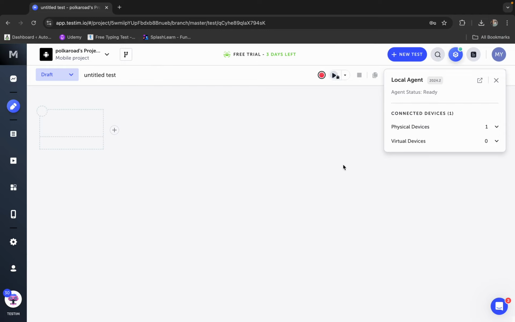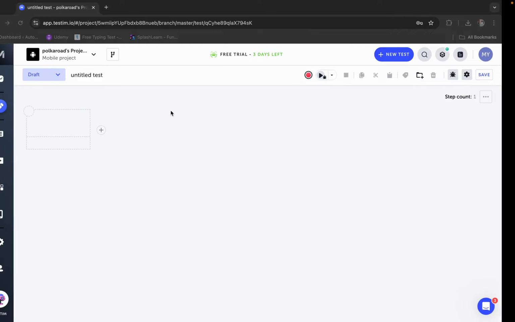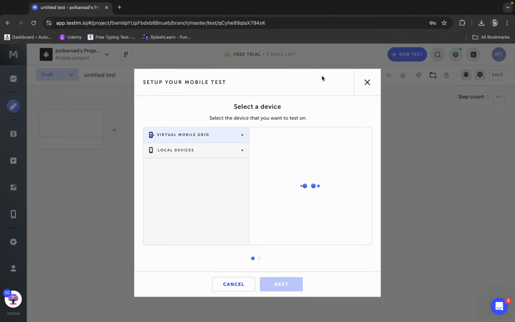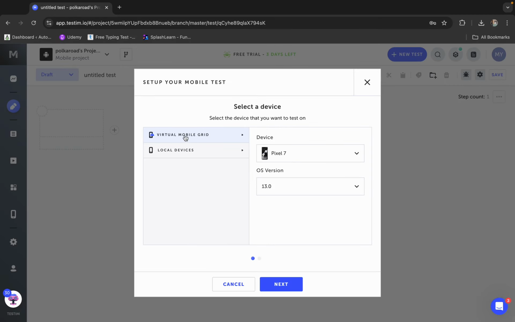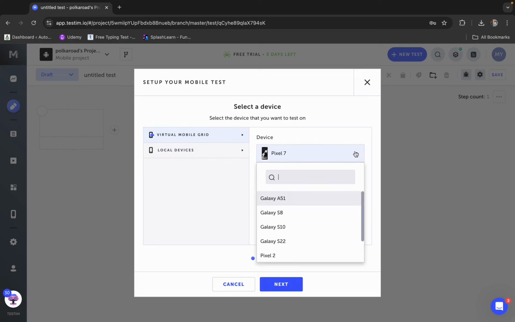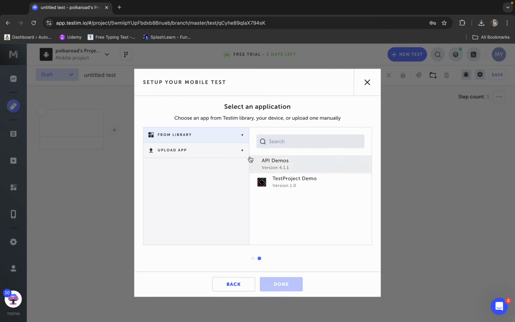running. Okay, now we have already seen these two steps. Mobile agent is ready and running and ready for testing. Now we will click on record. So I will click on record here, and here we have the option to select a device. So we can select from the grid or local device. Let me go with the grid, and here you can see we can select the device and the operating system version from here. I will use this Pixel 7 OS 13 and say next, and here we have the option